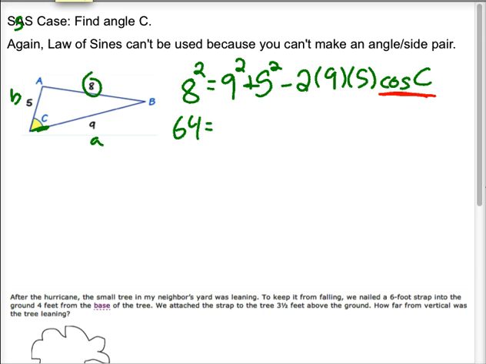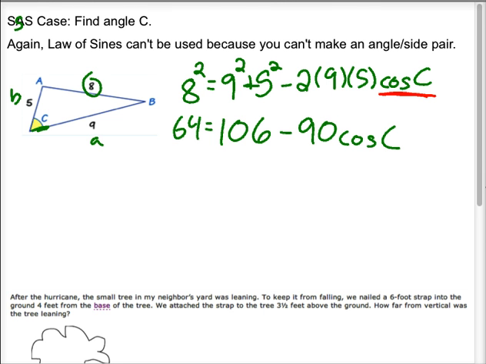Well, 9 squared plus 5 squared is 106. 2 times 9 times 5 is 90. So this time, because I'm having to get that C by itself, I actually have to clean up